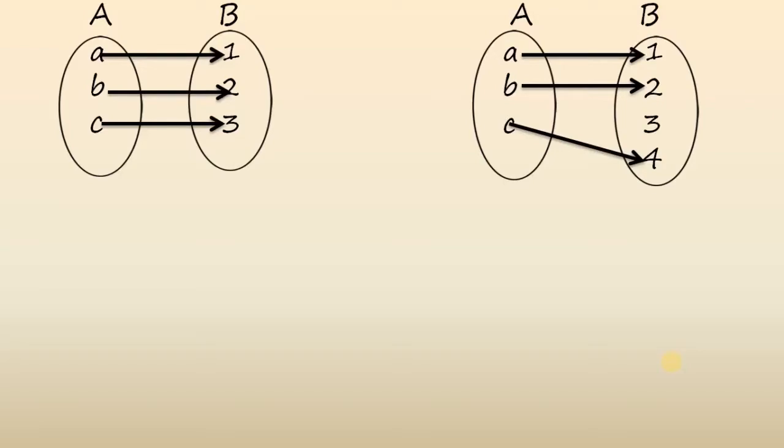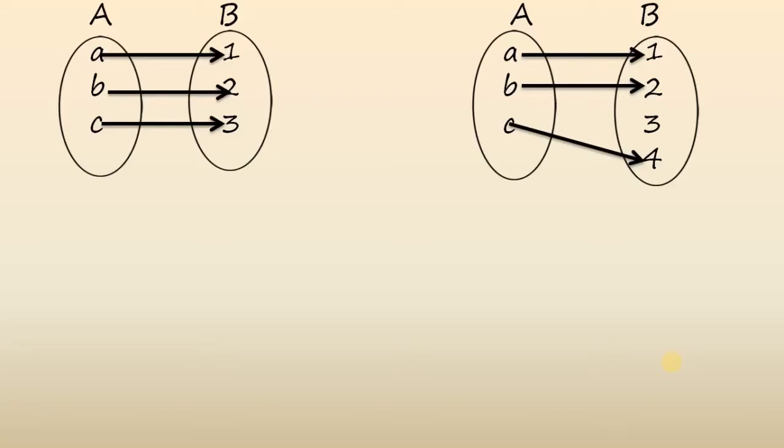Now in the first example we have A, B, C and 1, 2, 3. A is related to 1, B to 2, C to 3. On the left hand side, that is in the domain, all the elements have unique relations, right? So it is one-one. Keep that in mind. And let's see the right hand side. Is it onto? All the elements in B, or in your codomain, 1, 2 and 3, every element has a pre-image. So it is one-one and onto.